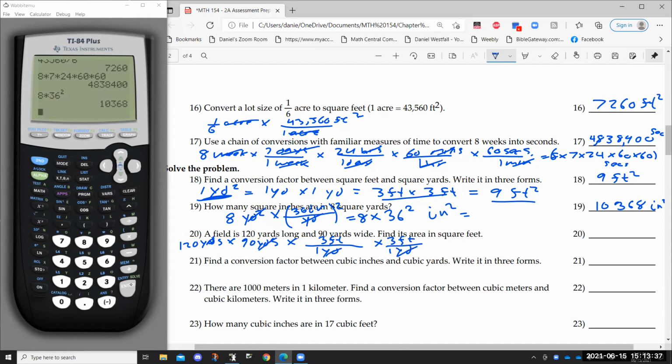These 2 yards cancel out with these 2 yards, and we get whatever 120 times 90 times 3 times 3 square feet is. 120 times 90 times 3 times 3 is going to be